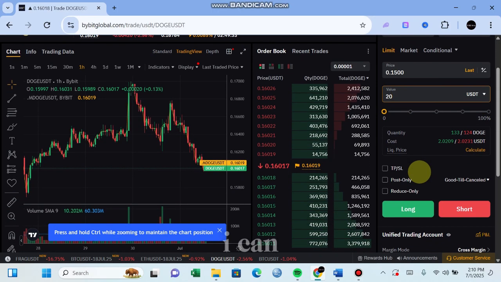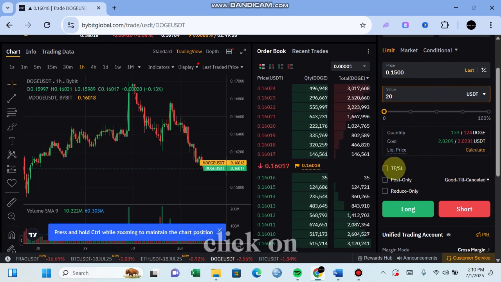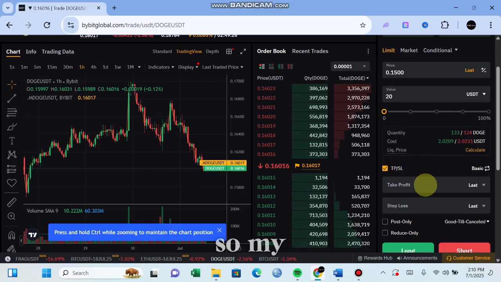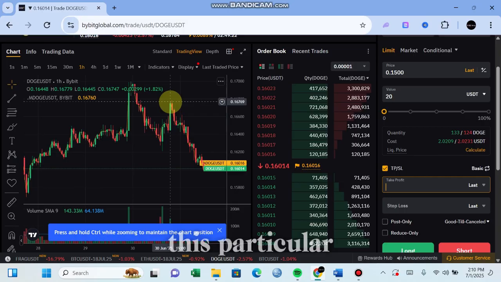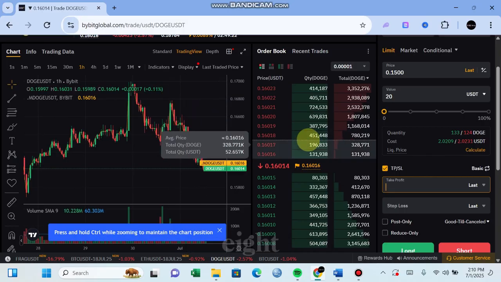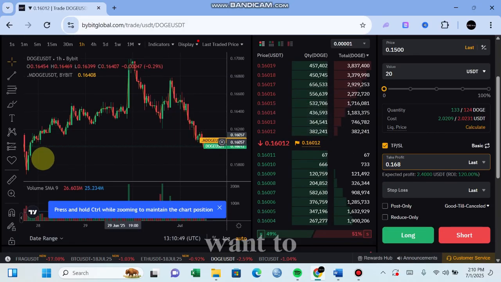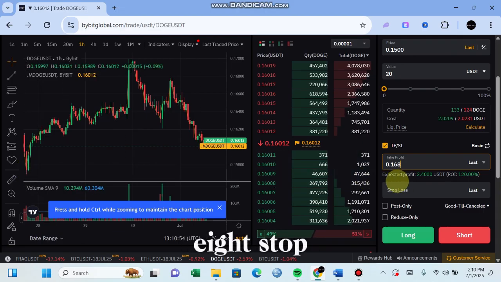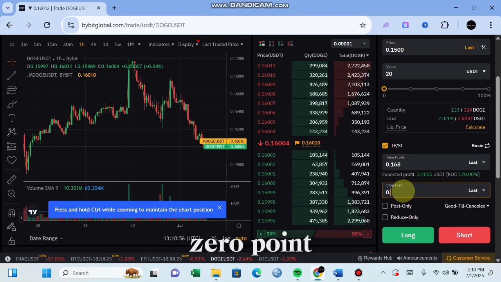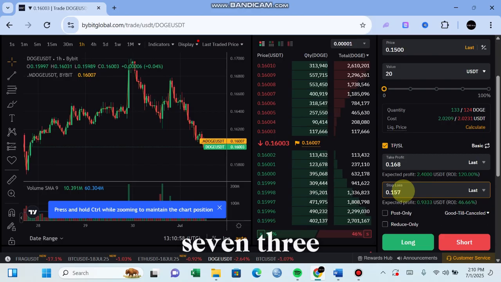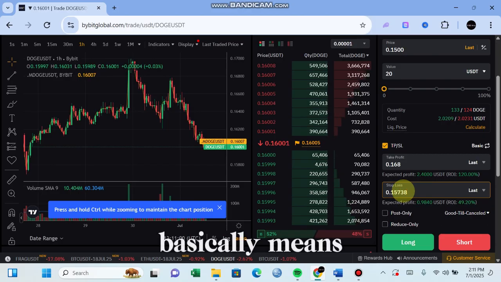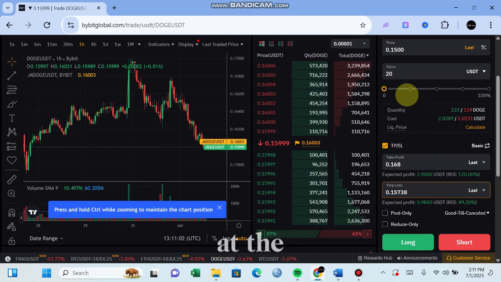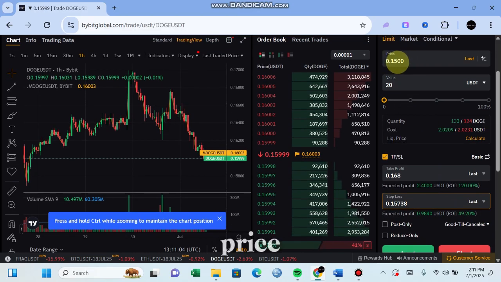On this place, I can put in my take profit and my stop loss. So I can simply click on take profit and stop loss. My take profit, let's say I want to take profit at this particular place, which is 0.168. And my stop loss, I want to put my stop loss at 0.1578. So take profit simply means that if I enter at this particular market price,